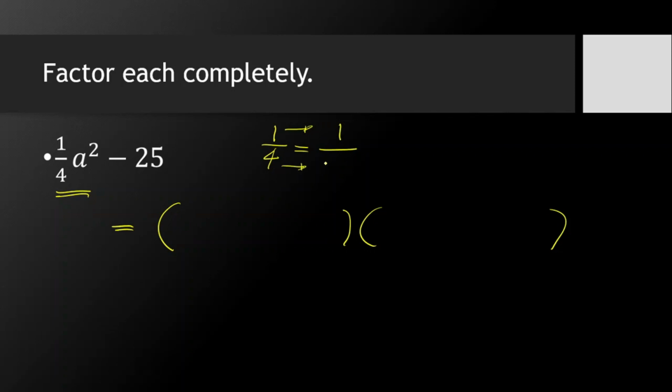So 4 is a perfect square, the square root is 2. So by doing that, we have now obtained the square root of 1/4. As simple as that. So let us write in each of the parentheses 1/2, 1/2, and then for its variable a squared, that is simply a, right, in each of the parentheses.